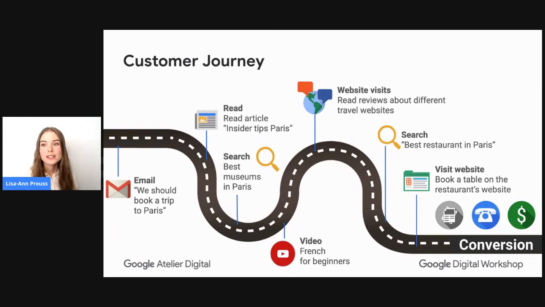Then you can still browse some more websites, read reviews about different travel sites, check out what other people thought, how other people experienced their time there. And then the moment we've been waiting for, the search for the best restaurant in Paris. And after that,